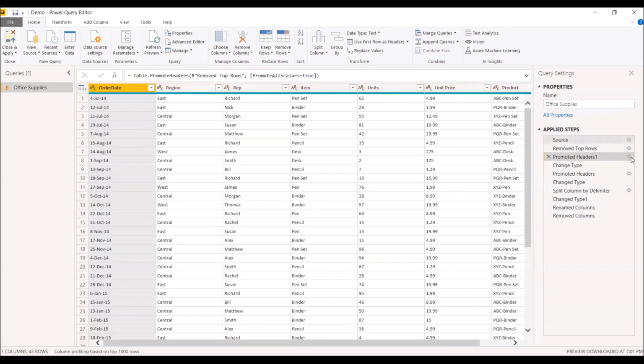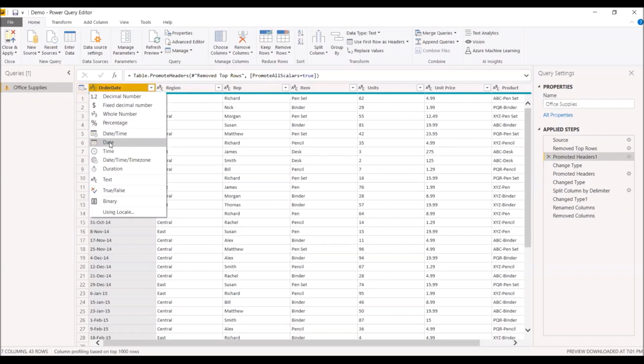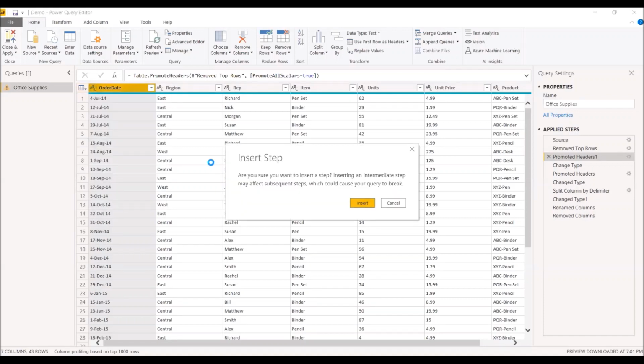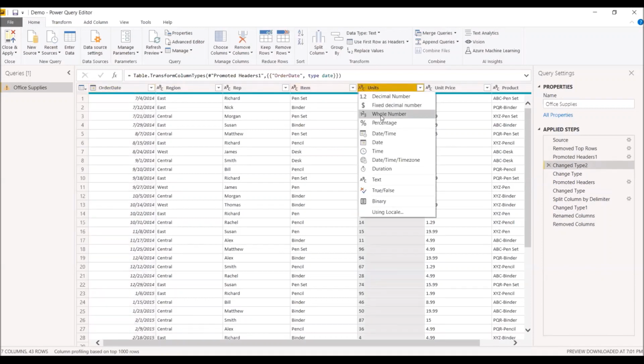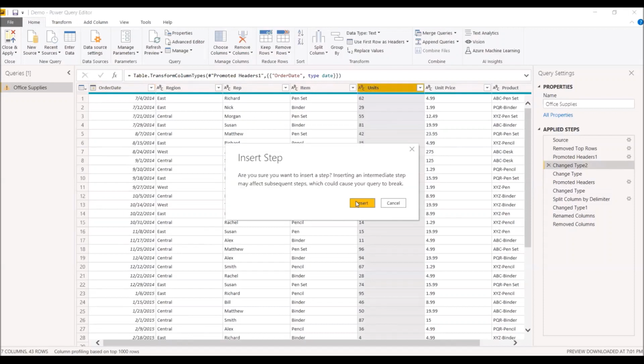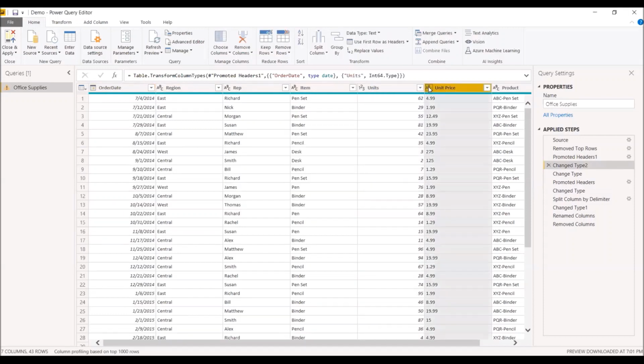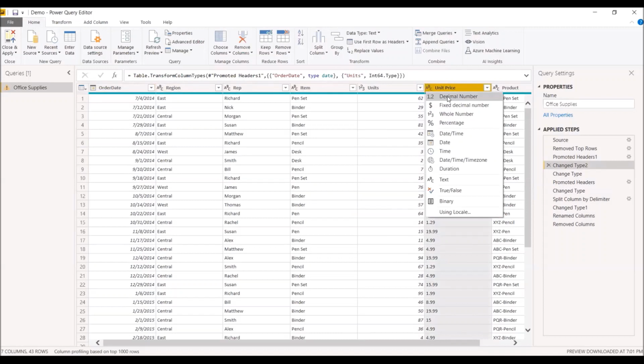All right, and then again a step has been added, and I can just change the data type of all these, because again, for order date to be in a text, it does not make any sense. And similarly, units can be in a whole number, and my unit price can be in a decimal number.